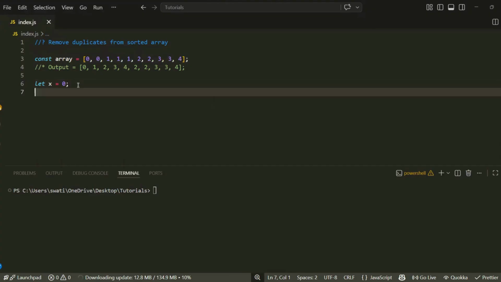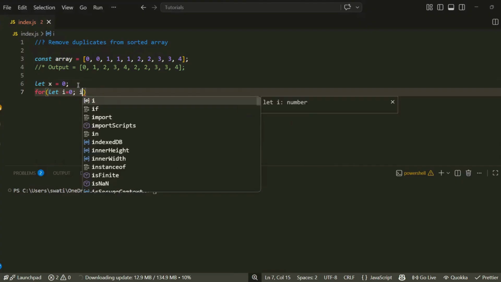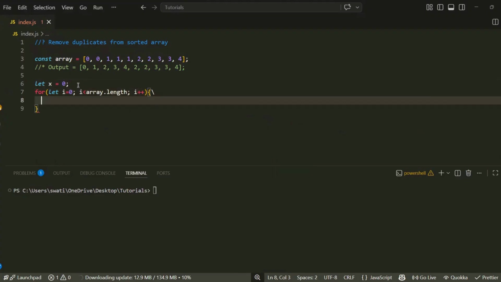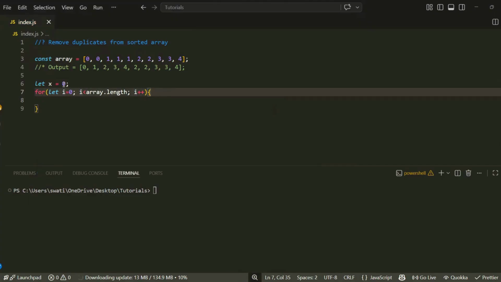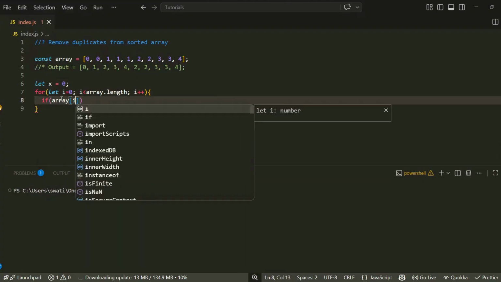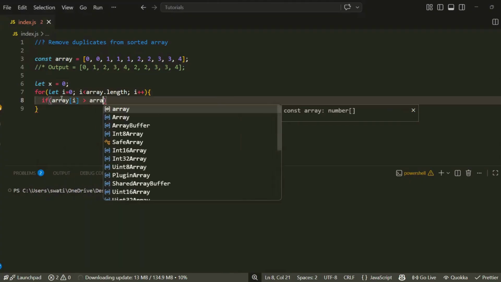So for that, we have to run this loop with i equals 0, i less than array dot length, and i plus plus. So this i is the other pointer. X is the first pointer and i is the second pointer. So our condition will be such that if array of i is greater than array of x,